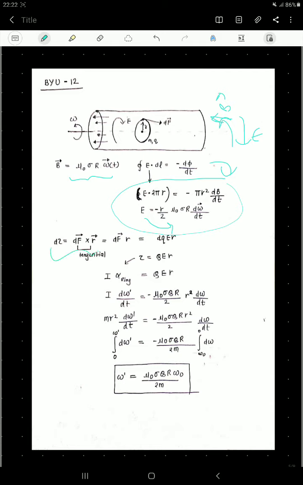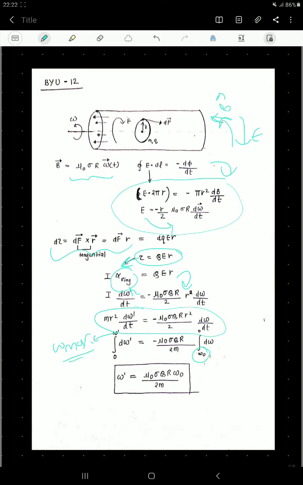Now once I write the torque on this type of ring, elementary torque, and I integrate that, I will get the total torque. Now torque can be written as I alpha of the ring, and alpha of the ring can be written as d omega dash by dt, where omega dash is the varying angular velocity of the ring. Okay, putting all the values I get this relation, and once I put the value of inertia of the ring about the center of mass or the central axis, and putting all other values, I get this relation. So here integrating d omega dash from 0 to omega dash, where omega dash is the maximum value of omega. Why am I taking this as the maximum value?